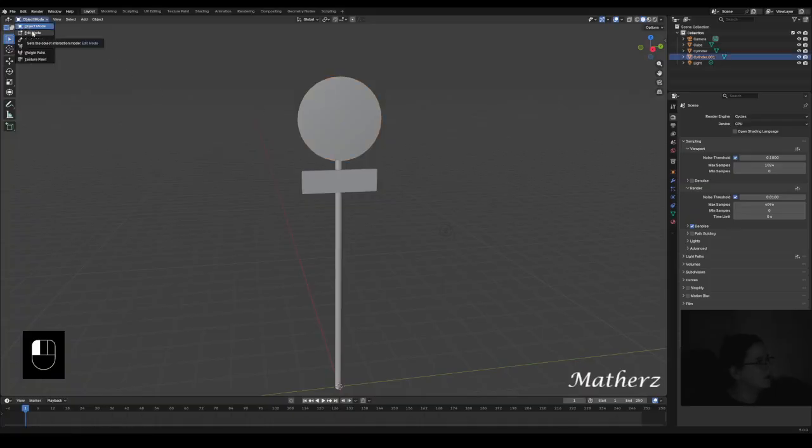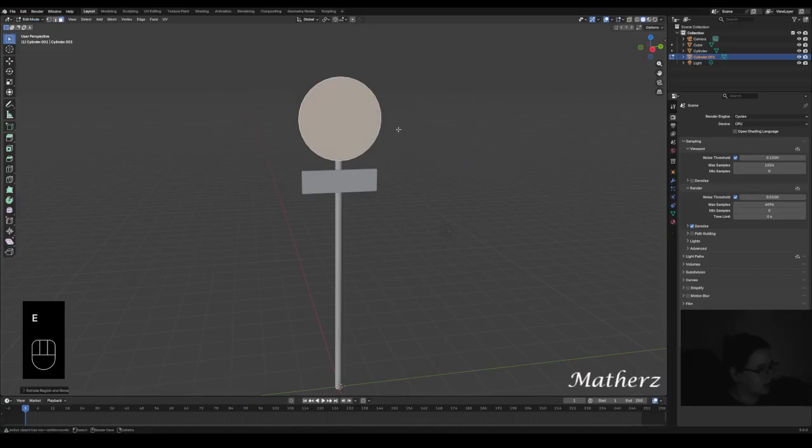Let's go ahead and place a ring on this one. So if we go to edit mode, take the main face right here, we can go E for extrude, S for scale, bring it in slightly, E for extrude, leave it where it is, S for scale, bring that in slightly,